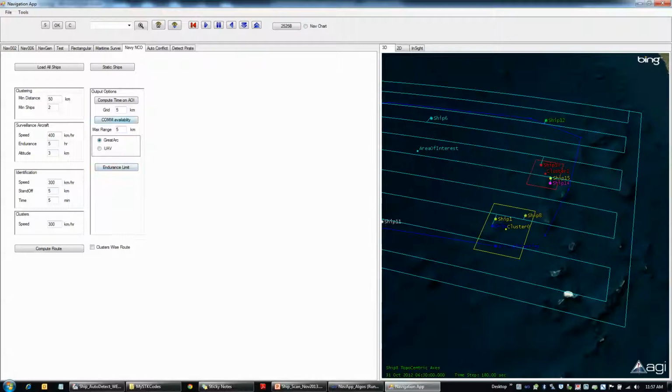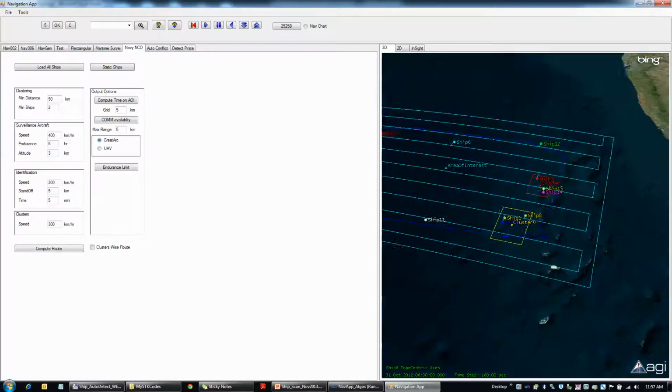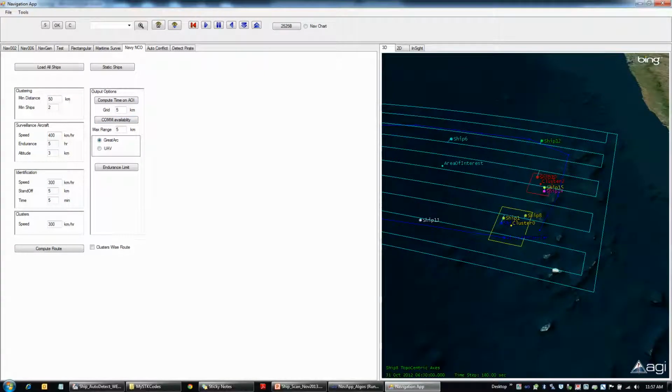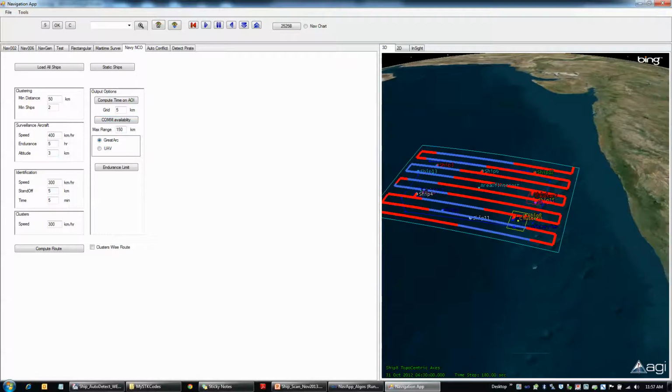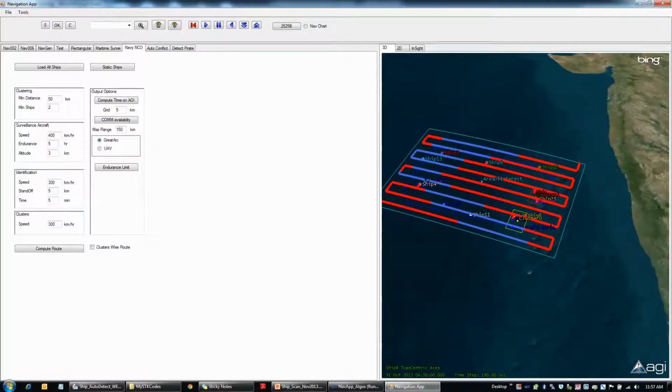And the next thing is you can also find out what the communication availability is. See, your aircraft carrier is moving from here. So during its route, what is the communication availability? You can say that the communication is available for 150 kilometers from the parent aircraft carrier, and when you click on it, you can see that during its flight, wherever there is blue, communication is possible with the aircraft carrier, and wherever there is red, the communication is not possible.